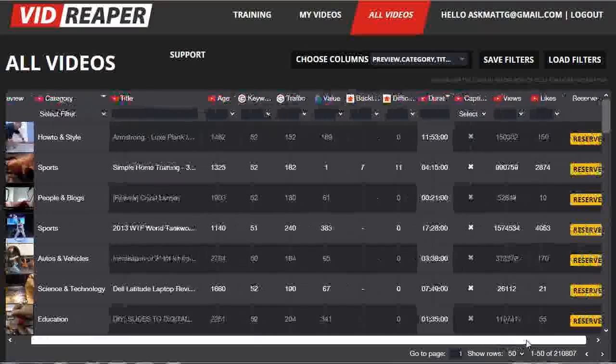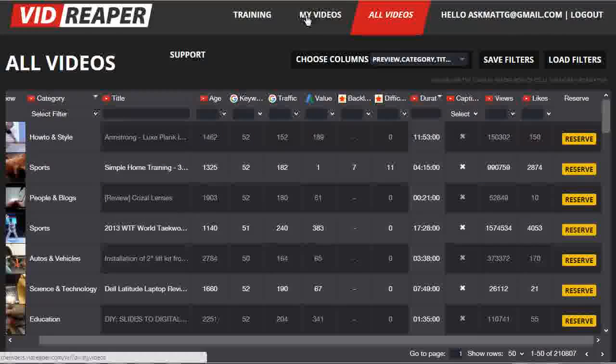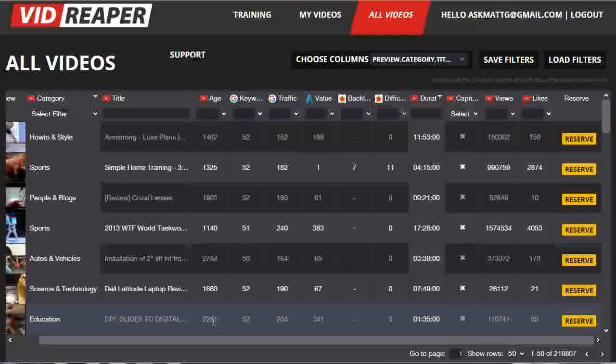Now, a few moments ago, I mentioned this big yellow button on the right called Reserve. This is specifically for premium members, members who've upgraded to the premium membership, as is the My Videos page. Basically, what this allows premium members to do is, when they find a video that they really, really like, they can cut down their potential competition for ranking for that video by reserving it and hiding the title details from the general database. Normal users will be able to see data like the age, the keywords, the traffic, etc.,